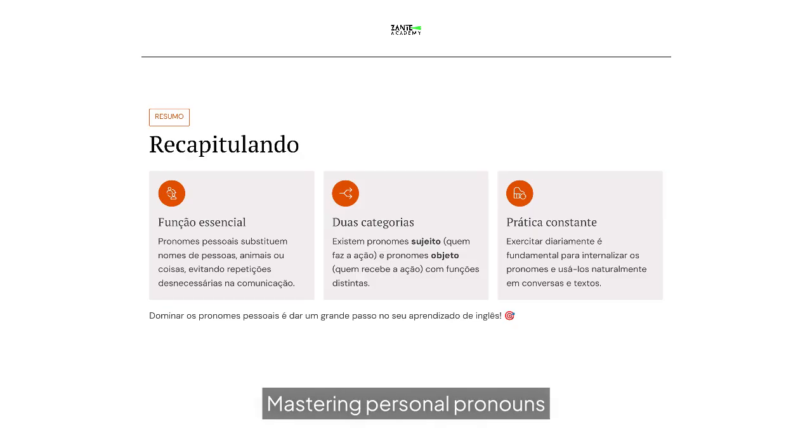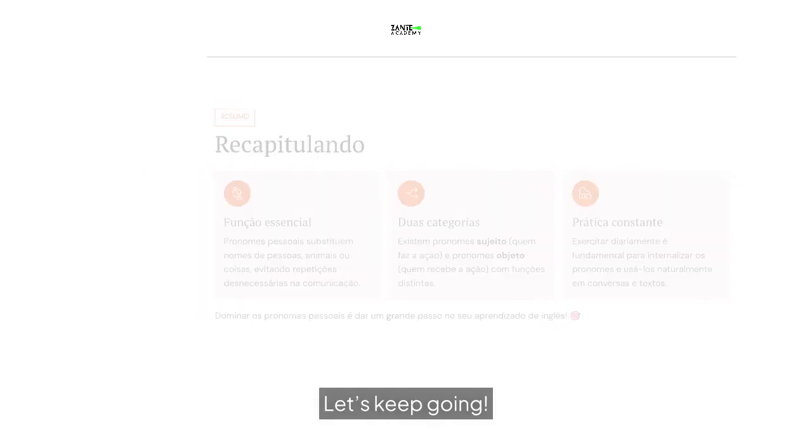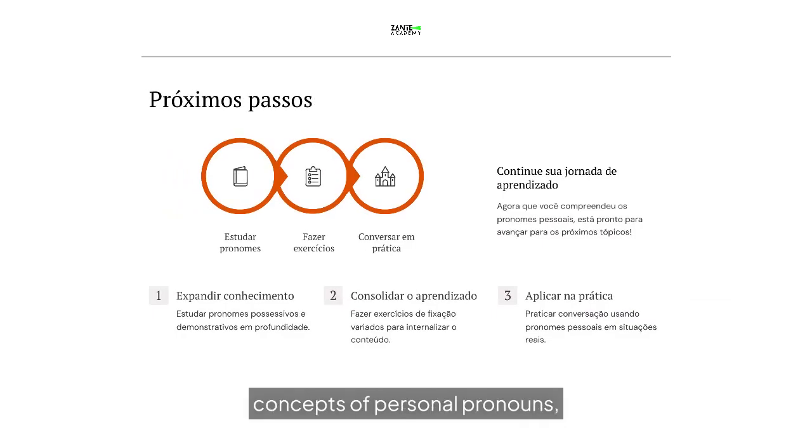Mastering personal pronouns is a significant milestone in your English learning journey. It opens up new avenues for clear communication, making your speech sound more natural. As we prepare for the next slide, get ready to put all this knowledge into practice. We'll be working on some engaging exercises to test your understanding and solidify your skills. Let's keep going. Now that we've recapped the essential concepts of personal pronouns, let's look at the next steps in